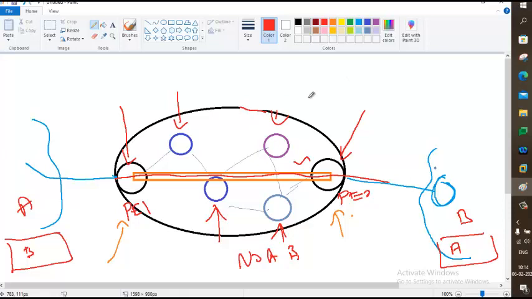So this is layer 3 VPN. What is that? Your customer, let me call customer A, customer B. If customer A and customer B want to reach each other, ping each other, customer A should advertise this network, A network, the prefix A, to the provider.